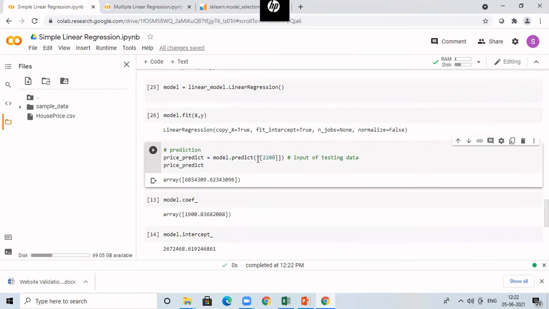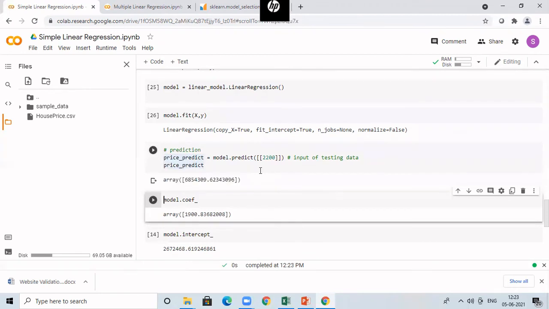And remember, for the predict function, you have to give only a 2D array as the input. Even though you are predicting the price for only one value, you have to give it as a 2D array. So for that only, I am passing this inside 2 square brackets. If you pass with a single square bracket, you will get an error because that function is going to expect the argument in terms of a 2D array. So specify inside 2 square brackets and then you can predict the value.